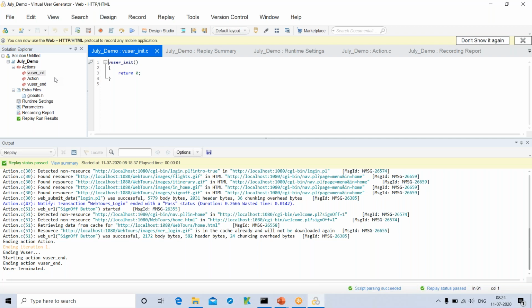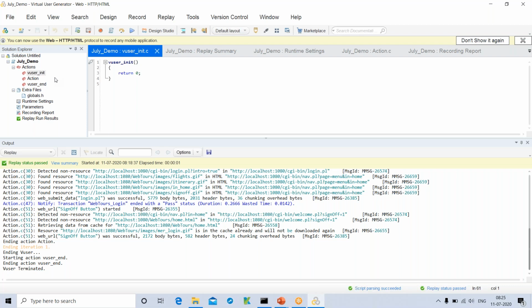He generally logs into the bank application and performs all his actions on it till the evening. He will not log out. He logs in once in the morning, and while leaving he logs out. In those scenarios we can put the login code into init and the logout code into end, and then in the action we put the main code which will run for many iterations.